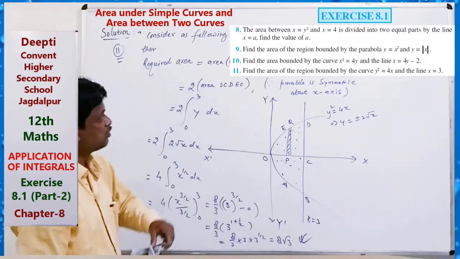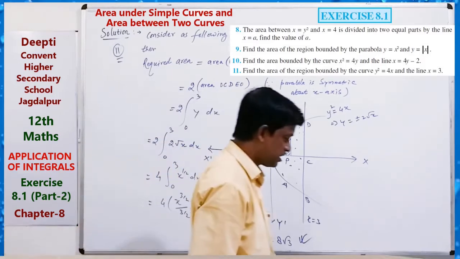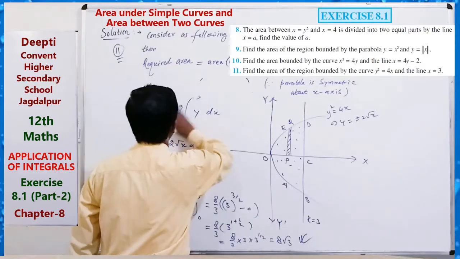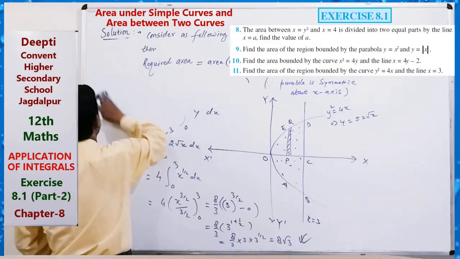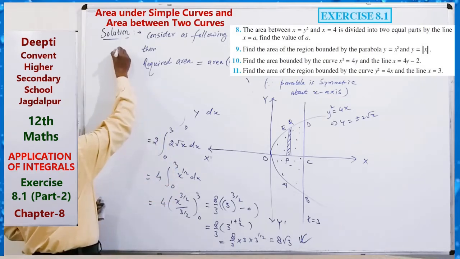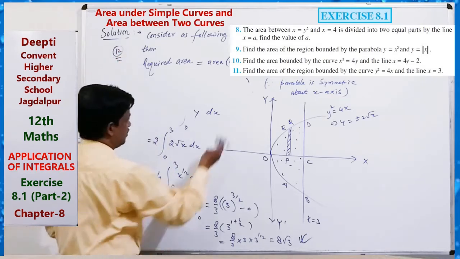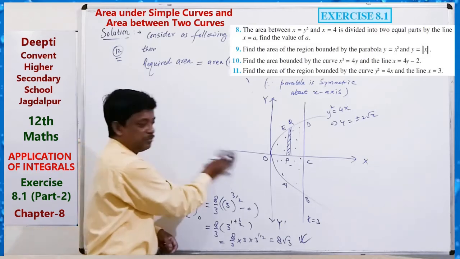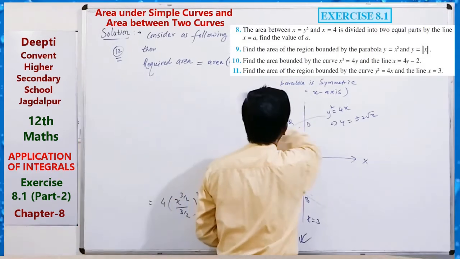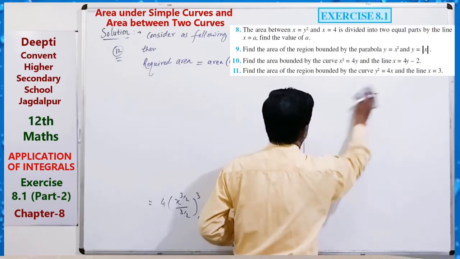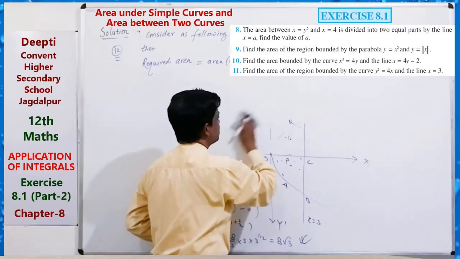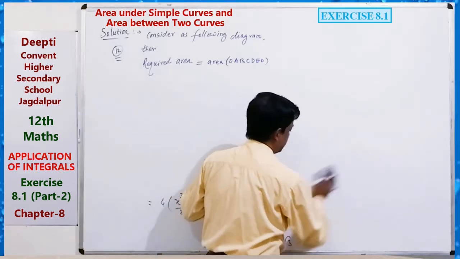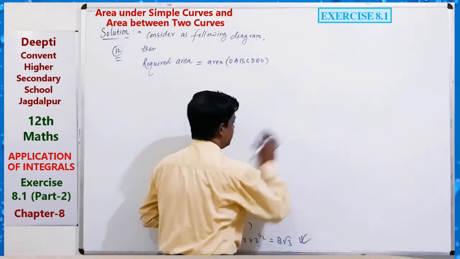Okay. Now the remaining two questions are 12 and 13. They are objective type questions, but you have to do them completely in your copy. Maybe these two questions are objective, but you have to do them completely, not only the answer. The answer is also given in the book. So first of all, you have to do it completely.